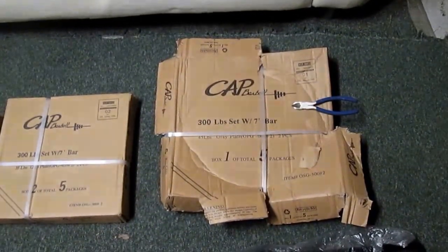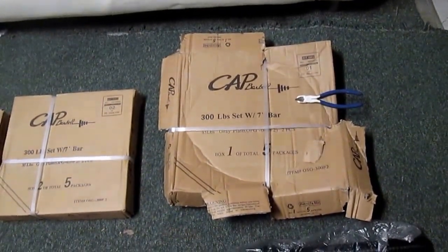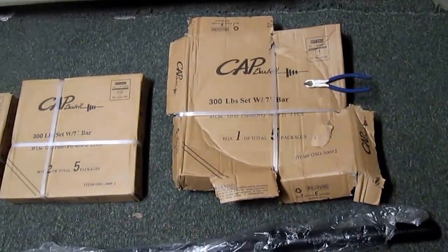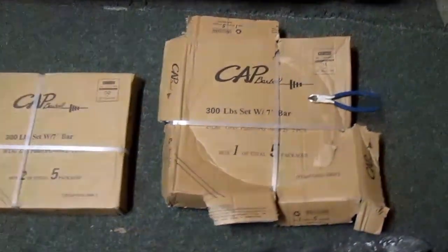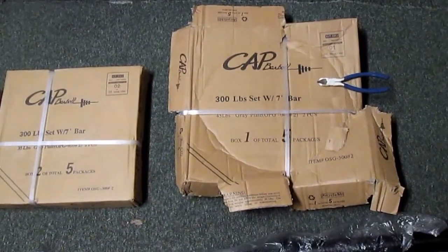For those of you watching this video, it's 1 or 2 days after Black Friday of 2015, and during that time I decided to get some barbell and weight sets from Academy Sports and Outdoors, and this is advertised as the CAP 300-pound weight set, which includes the 7-foot